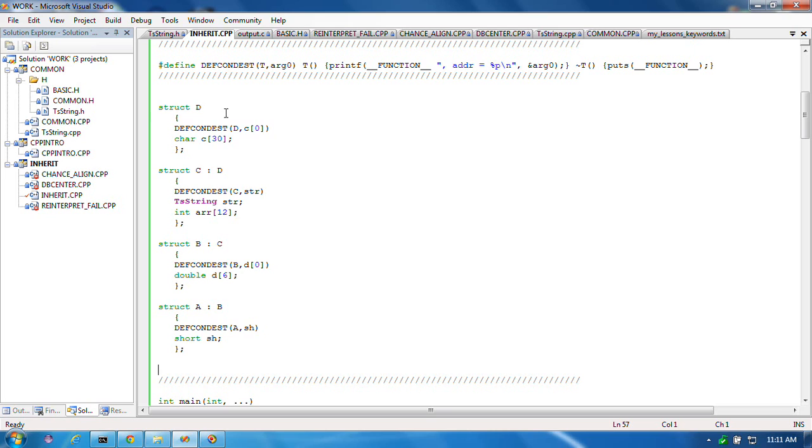Since this is the lowest point in memory, any object that wishes to view this as a D would just take the first 30 bytes worth of it, and that would be a D. Anything that wishes to think of this as a C would take the first D plus this many bytes of it, and that's a C, and so on. So for any number of structs defined in this order, or in this pattern,